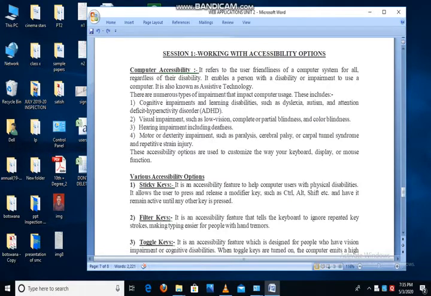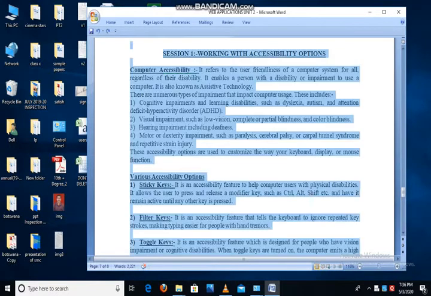Now I am clicking the Control key. So when I click the Control key, it stays active until I press another key. Now I am clicking A. See, the total document is selected. I didn't use any mouse. Also you can see my mouse pointer is in the center of the screen only. Like this we can use sticky keys.